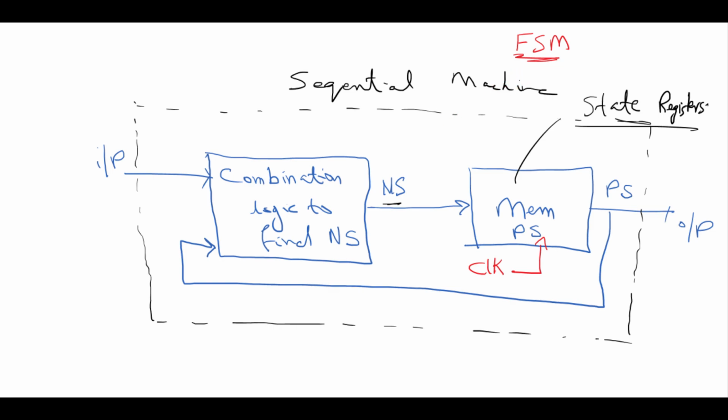Now if you do not apply a clock here, the asynchronous sequential machine can violate timings, or it can undergo timing violations, or it can also face race conditions. Now let us see what timing violations are for a sequential machine. Let's suppose this is your clock.